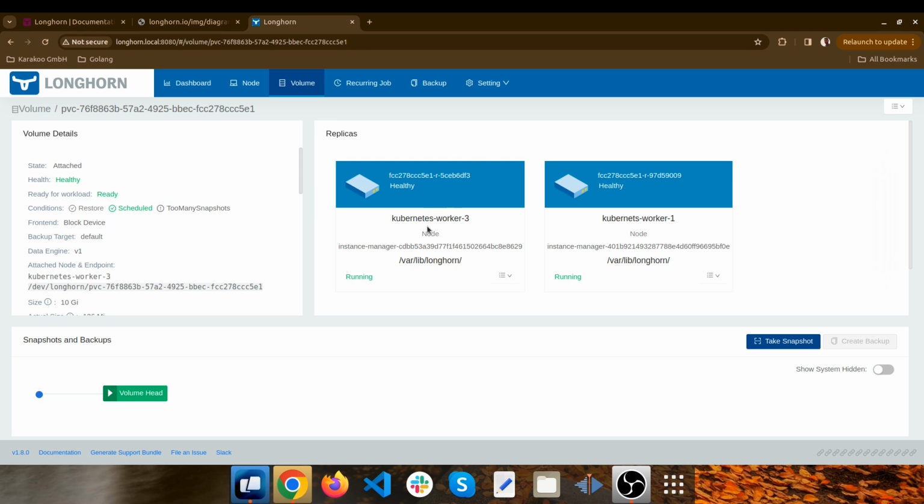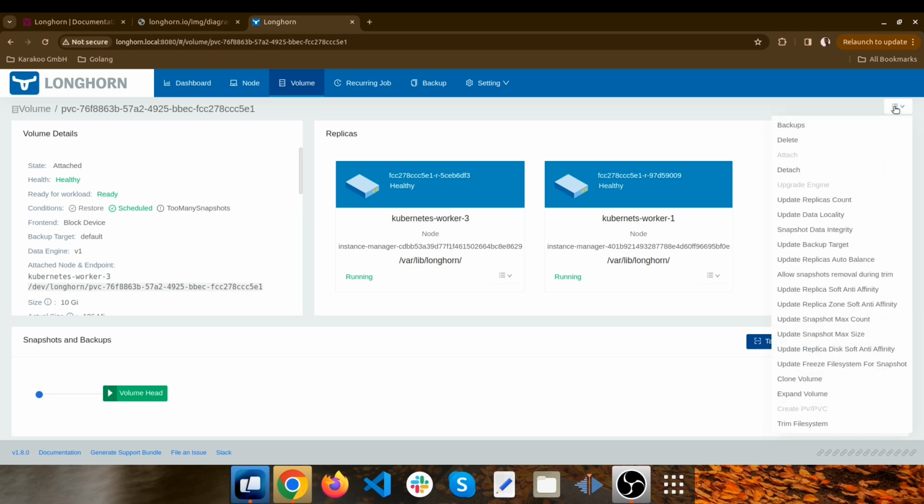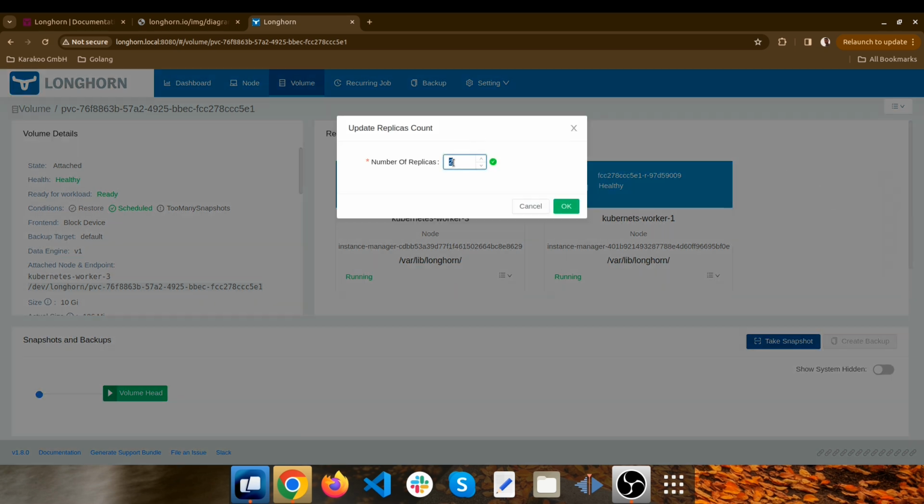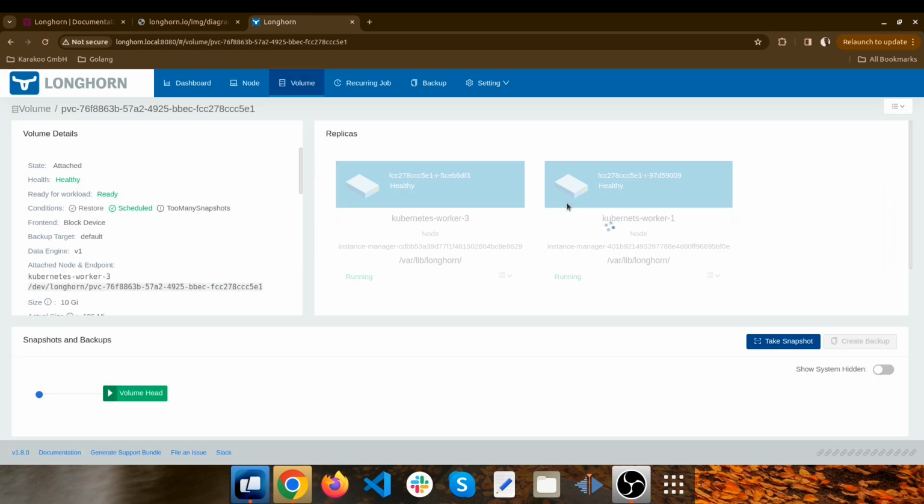The first one is inside worker 3 and another one is inside worker 1. If you want to increase the number of replicas, you can click on update replicas count again and change it to 3 replicas, for example. And after that, Longhorn will rebuild that replica for you. So if I click on OK,